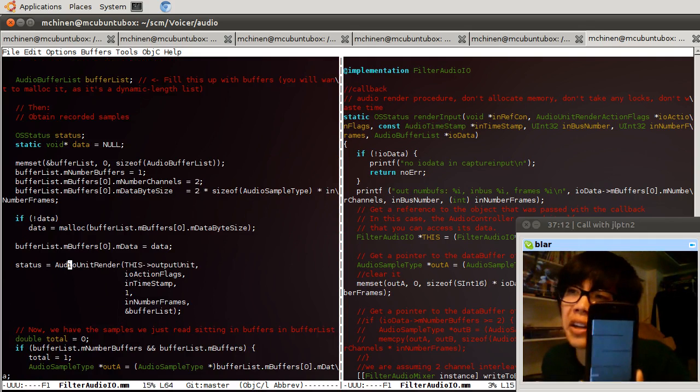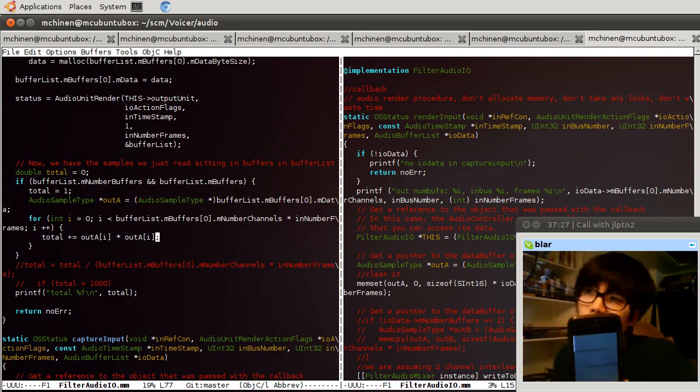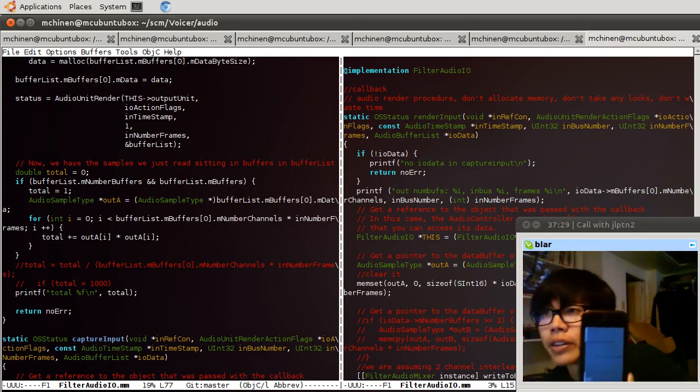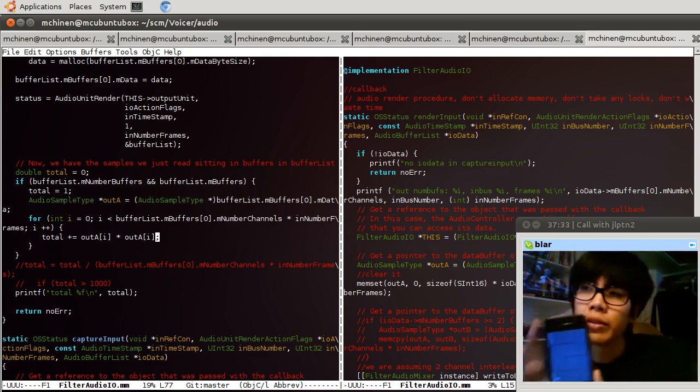You call audio unit render at some point in the callback with the input bus 1, and that'll give you a buffer. And all I'm doing is running over the length of the buffer and taking the sum of the squares of each element. So that will give you a power. And the reason you want to, I mean, this is pretty